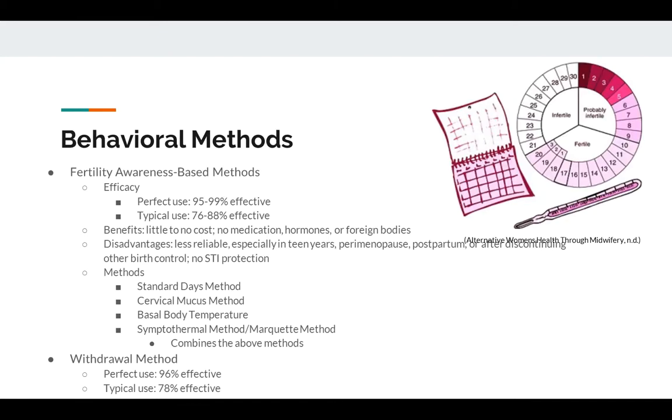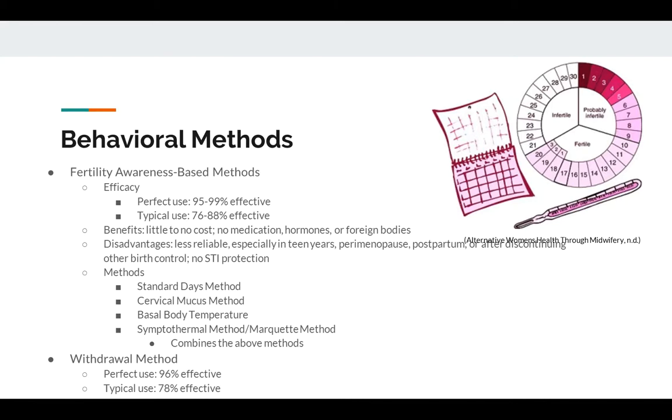Some other things that you need to consider are that different methods will be more or less convenient, expensive, reversible in terms of long-term coverage versus short-term coverage, will offer varying degrees of sexually transmitted infection protection, may or may not alter the hormones of the body and thus can contribute significantly to side effects, and some of them have direct contraindications or side effects that need to be considered because they'll prevent a woman from using them.